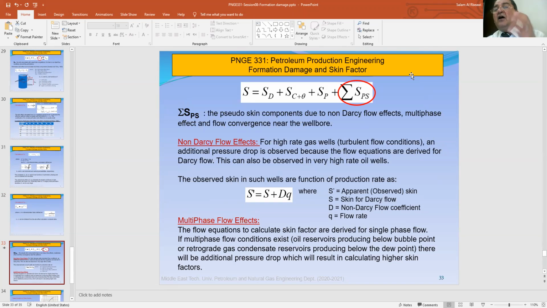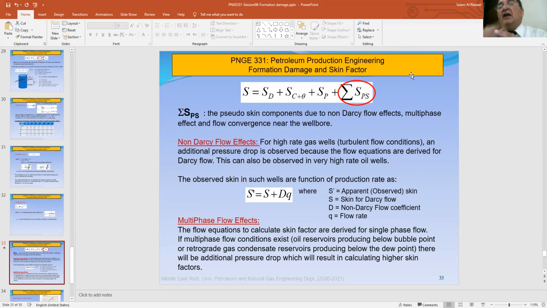So Forchheimer developed the flow equation based on Darcy law, and he said the flow equation of Darcy law should consider the pressure drop caused by non-Darcy flow, and he said that the part of non-Darcy flow